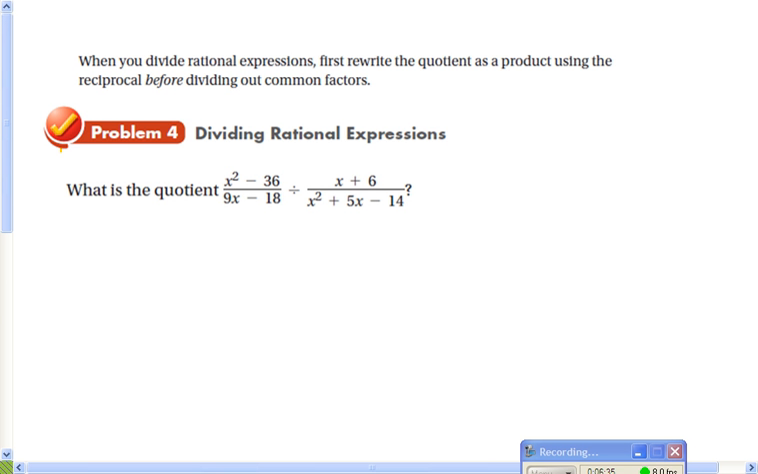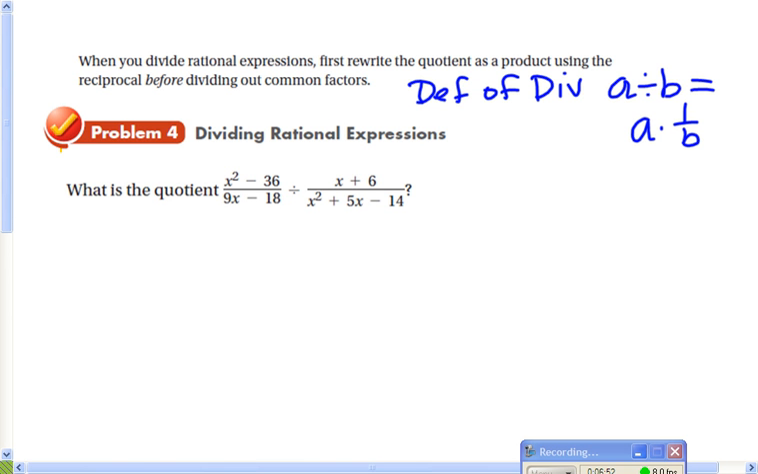All right, dividing. Remember, this is the definition of division: A divided by B is equal to A times 1 over B. In other words, to divide, we can multiply by the reciprocal. So that's the idea we're going to use here. I'm just going to rewrite this division problem as a multiplication problem using the reciprocal